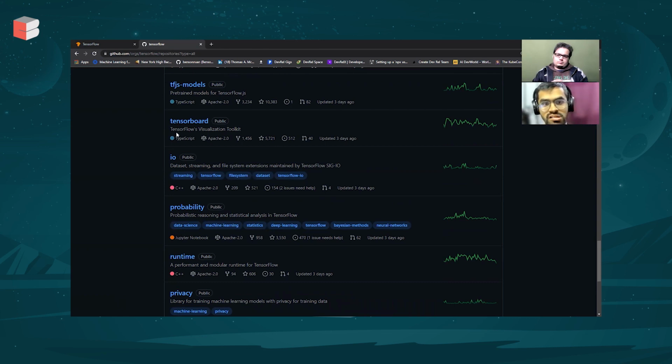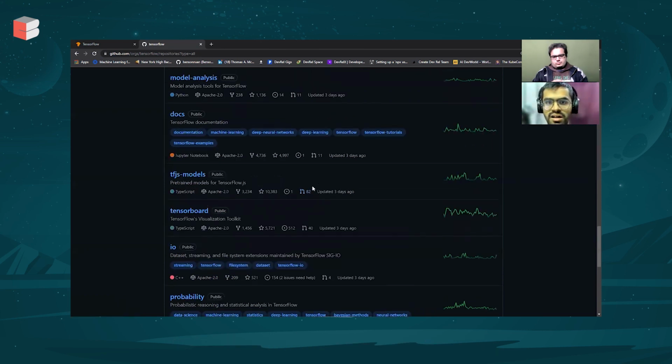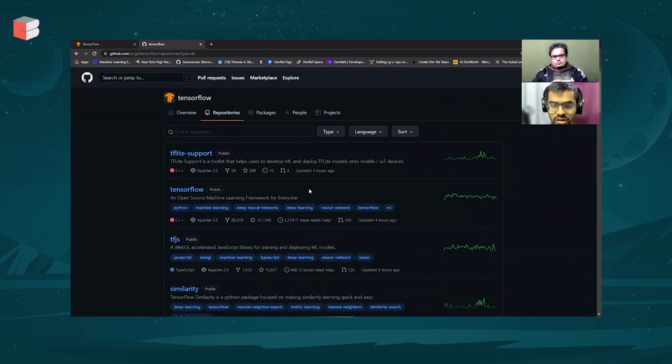And also there's something called TensorBoard, which allows you to visualize different kinds of TensorFlow models and how they actually interact behind the scenes. So of course all of these different projects are there, but TensorFlow definitely has a steep learning curve, especially if you're willing to contribute to some of the projects, including the main TensorFlow. Because even if you're contributing to TensorFlow JS, a lot of the things that go on in the backend will require you to have knowledge about things such as WebAssembly, WebGL, and even these will require a decent knowledge of C++.